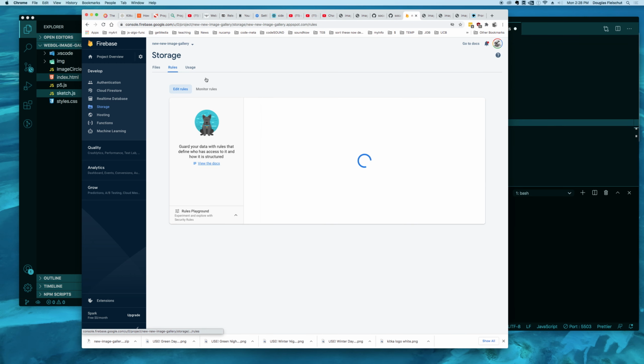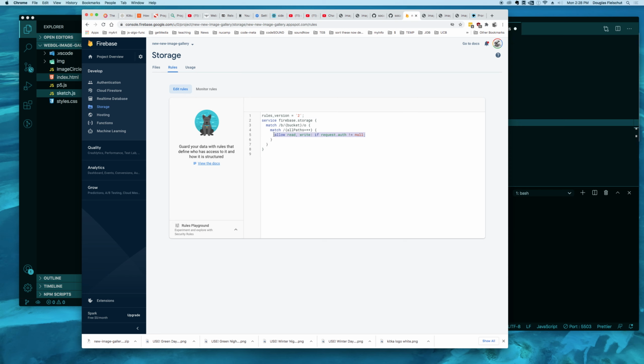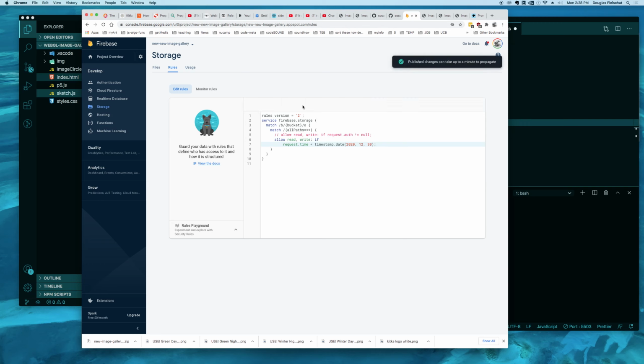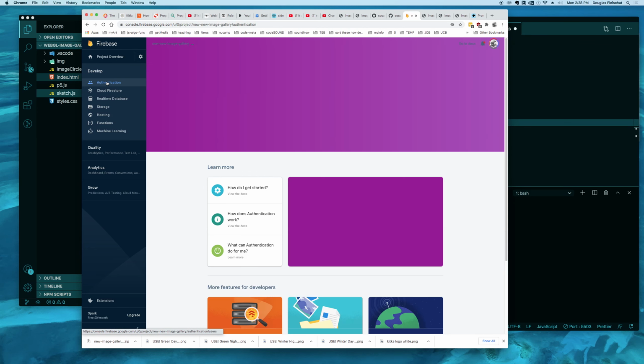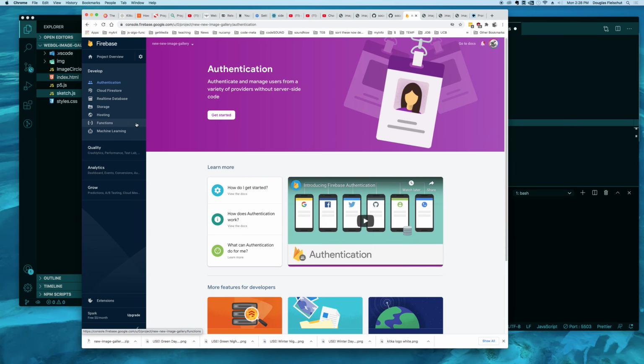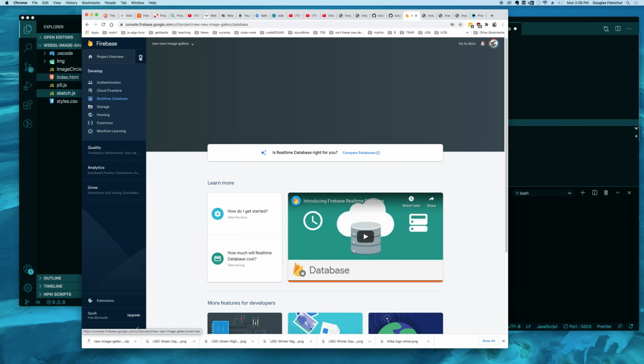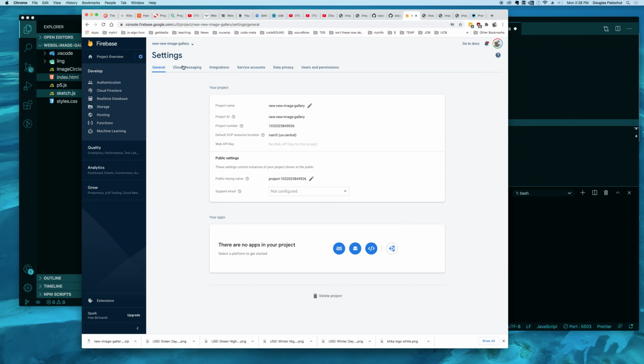Storage is fine, but I need to also set these rules in here. So we'll get rid of this and paste that in there. So now we've got these very open rules, and I wouldn't leave these open for a long time because somebody might find it and do something malicious. Perhaps in a later video, someday I'll handle authentication and how we create users, but not today. So we've got storage, we've got our real-time database, and I can go to my project overview, my project settings,